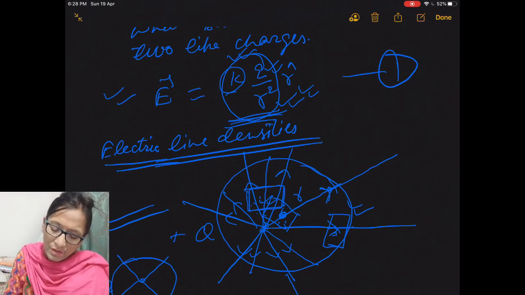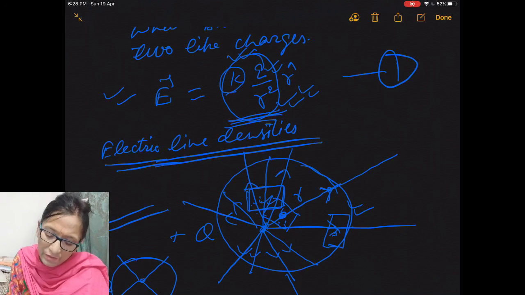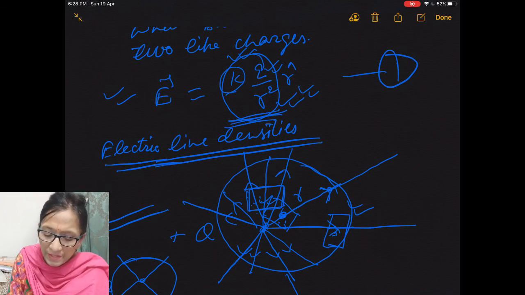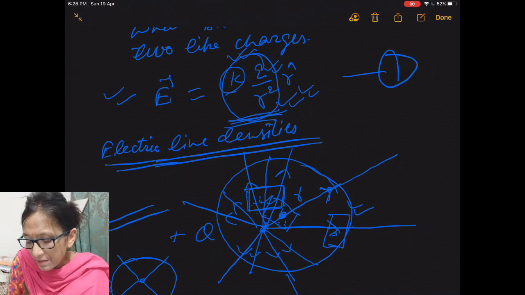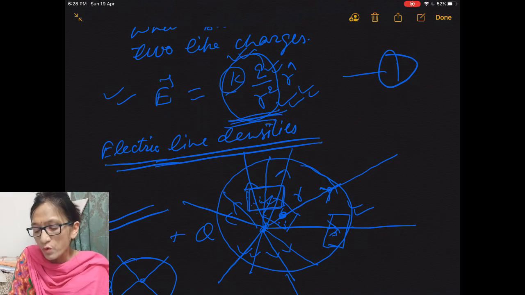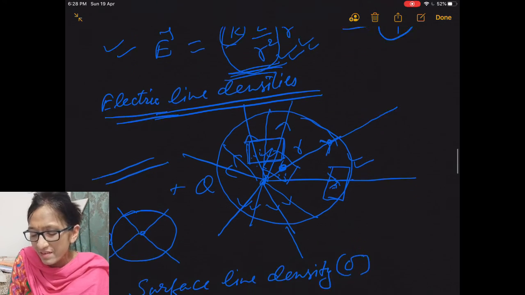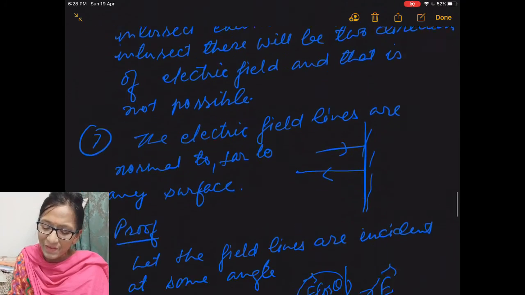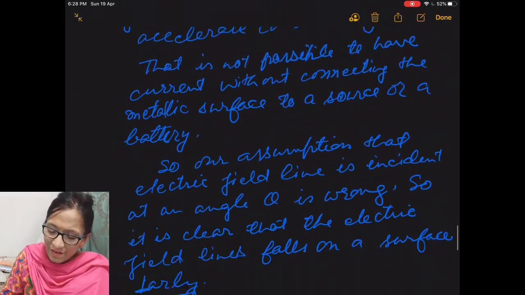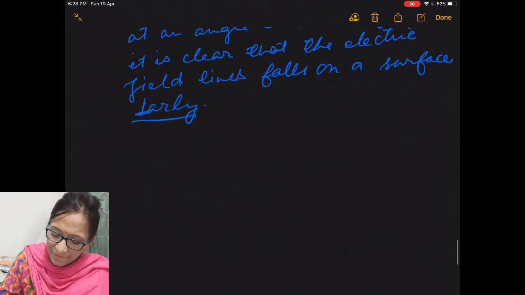So the electric field lines very elegantly represent electric field, and give an idea of both magnitude and direction of electric field. Now these are some